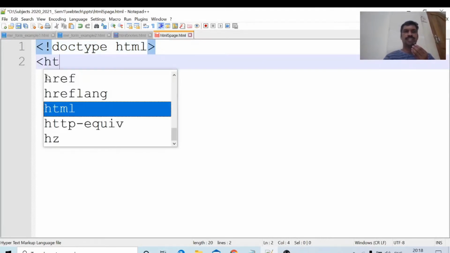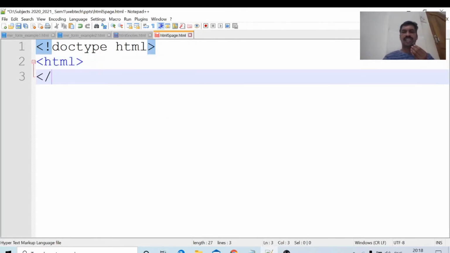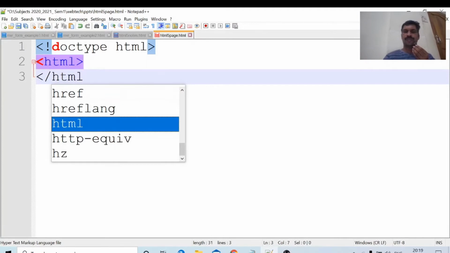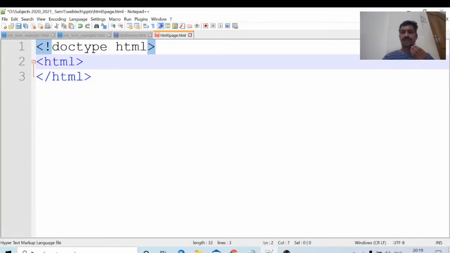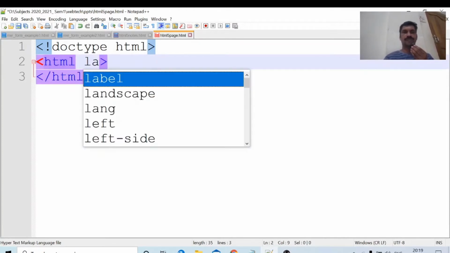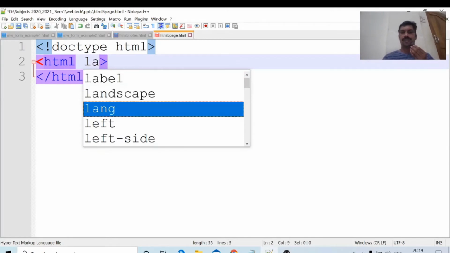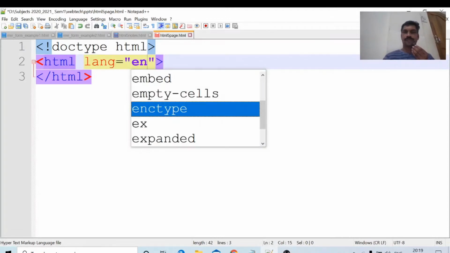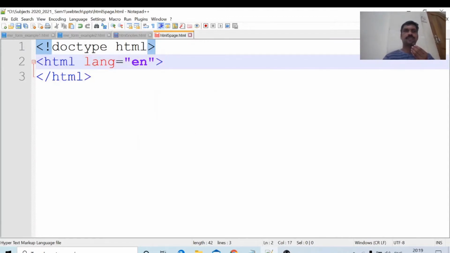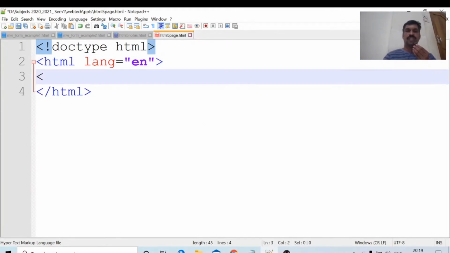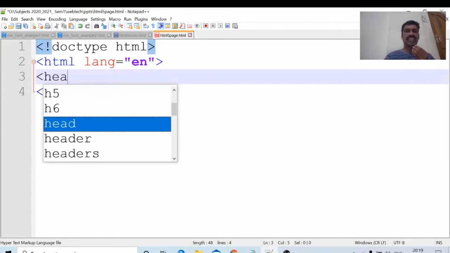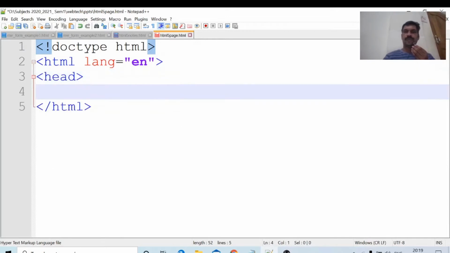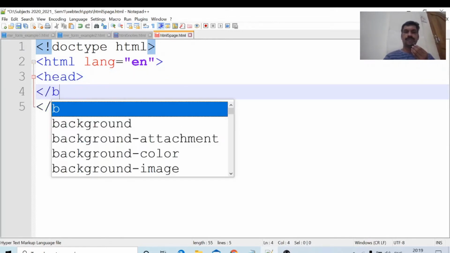Next, html slash html, which is common to all pages. Here lang equals en, which means English. The HTML page contains head and body.